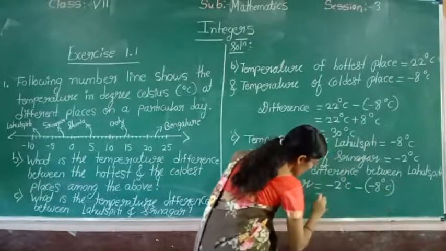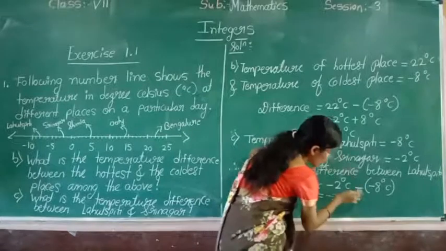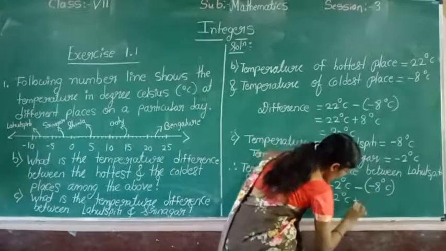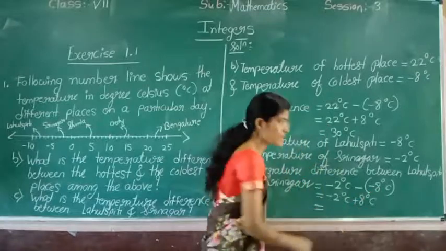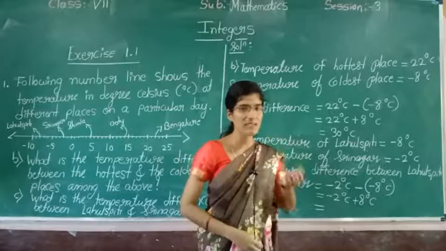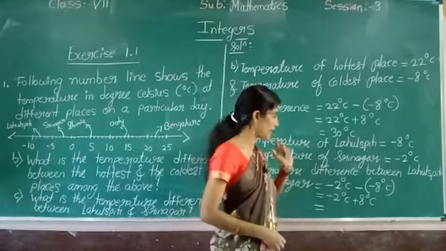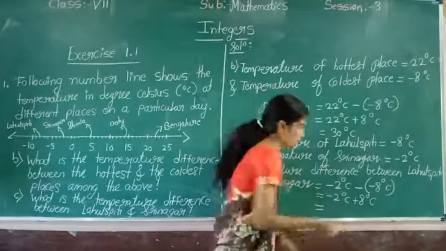Now see here, remove the bracket now. Here first minus 2 degrees Celsius, remove the bracket, minus is plus 8 degrees Celsius. Now I told in last class, minus plus is minus. Whatever we are spelling, that operation we have to do. Minus plus is minus. 8 minus 2 is 6.